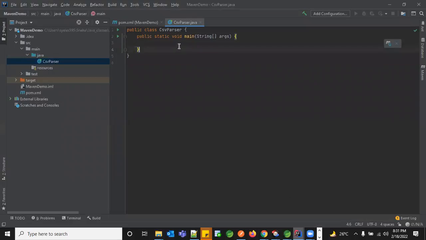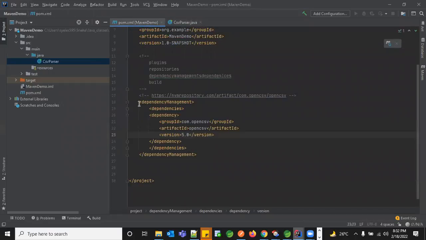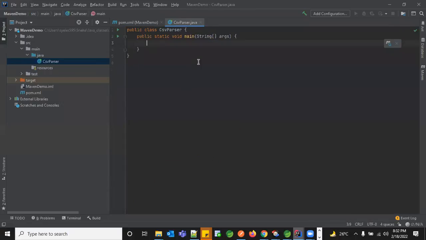Okay, now let's go and create our own CSV parser and execute it. Till now, the commands Maven clean and Maven install, are we good? You will be seeing the life cycle of that. I'll show you the entire Maven life cycle, the stages, and where the plugin repositories come in. Before going deep into that, I just wanted to make sure you have an idea of how to write your dependencies and install them. Are we clear till this?